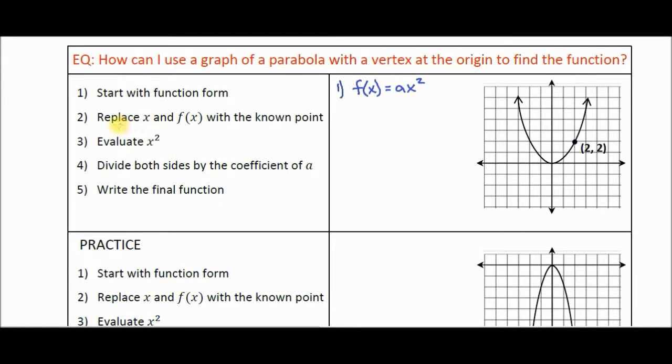Now, step number 2 says replace x and f of x with the known point. Whenever you have a question like this, you'll always be given a point on the parabola. Now, we know that the vertex is at 0, 0, but you cannot use that point. It will not work. So this graph tells us that we also know that 2, 2 is on the parabola. So for this next step, let's just go ahead and write this down. Our known point